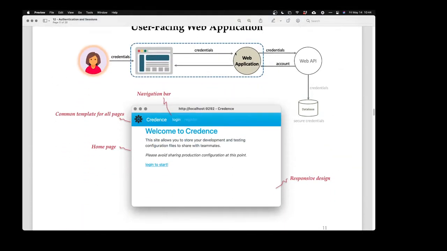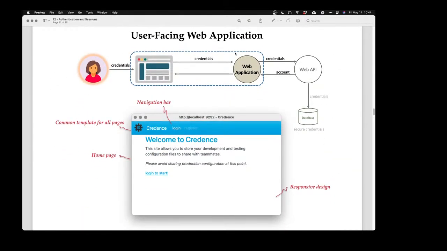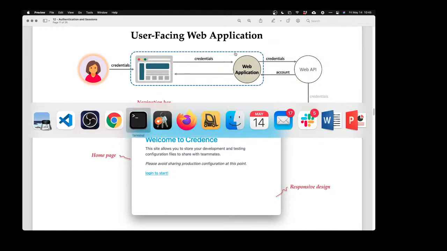Okay. Let's talk about the front end web application. I'm going to start with something really simple. It's not going to be terribly secure, but we're just getting started on authentication and authorization and things. So this is not really ready for prime time use. So for today, I'm just going to have a really simple